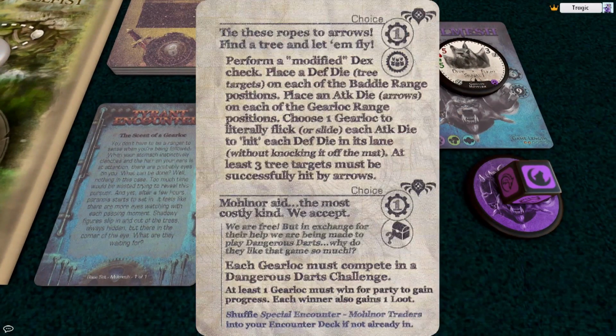Tie these ropes to arrows. Find a tree and let them fly. Perform a modified dex check. Place a defense die, tree targets, on each of the baddie range positions. Place an attack die, arrows, on each of the gearlock range positions. Choose one gearlock to literally flick each...